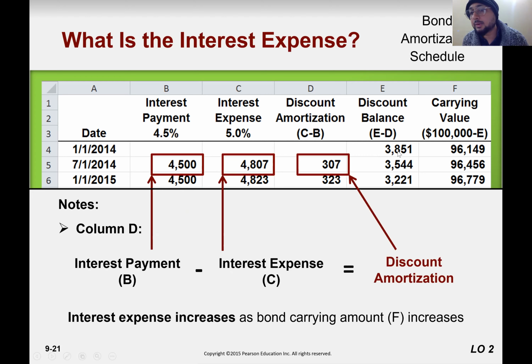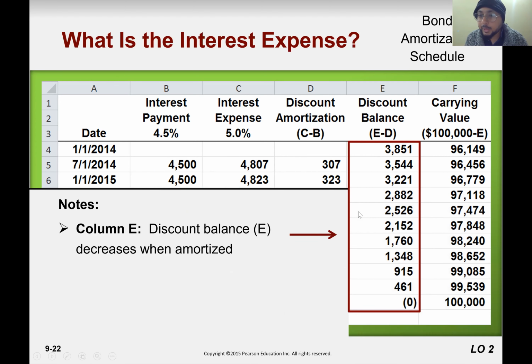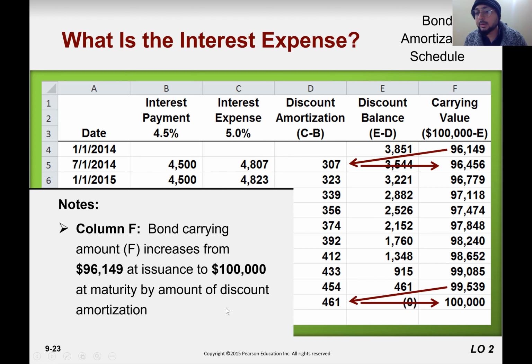So this is 3,851 minus 307, and the answer is 3,544, right? So this is how we find the amortized balance. So the last amount is going to be, if you multiply 5% with 9,539, so let's just talk about the